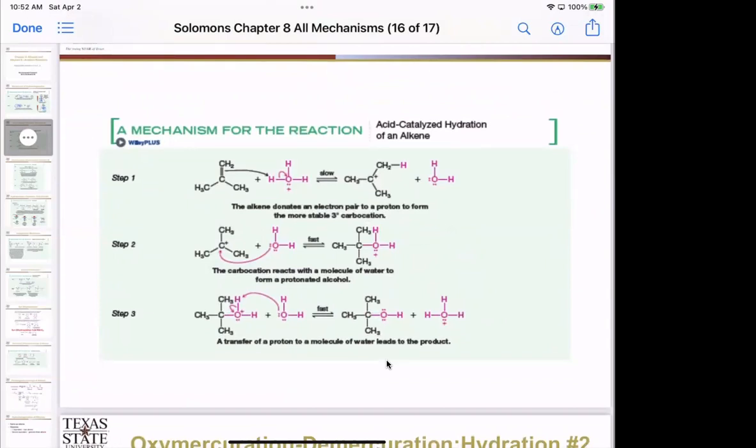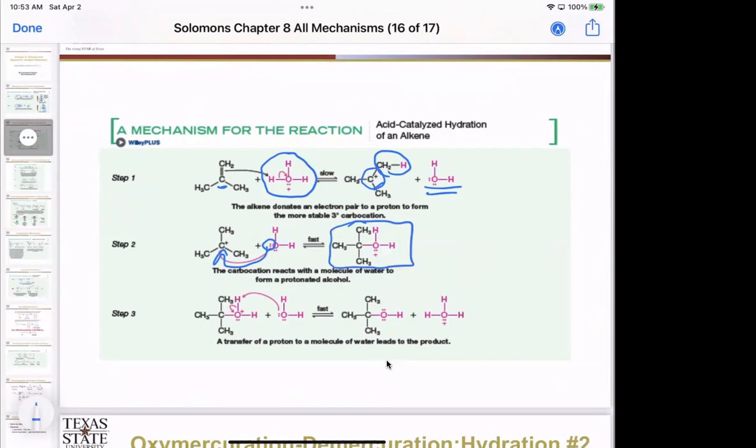For hydration, for primaries it's not that way, but for secondaries and tertiaries, they go through the exact same mechanism. What we have is our acid catalyzed water, and so in this case we form hydronium ion. The alkene acts as a nucleophile, reaches out and creates a new sigma bond with a hydrogen, generating water as a neutral species and a carbocation. And what we know about our SN1 reaction is that once you have a carbocation, even weak nucleophiles can react. So the lone pair from the oxygen is going to come in and attack the carbocation,